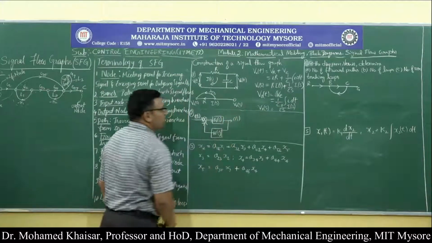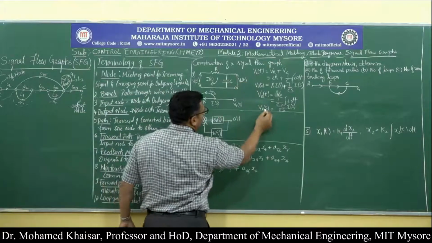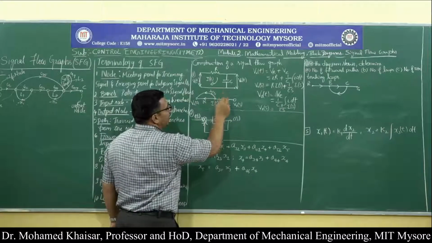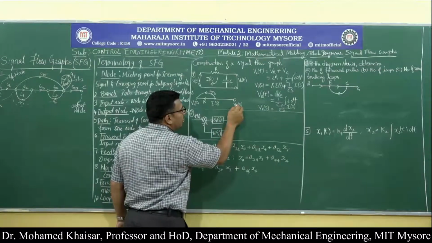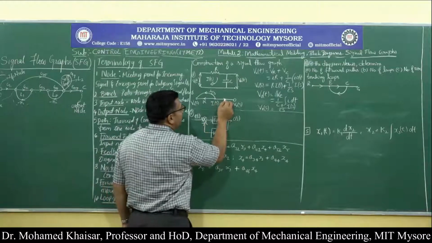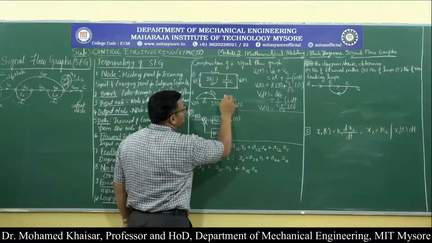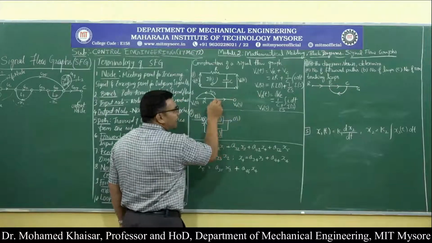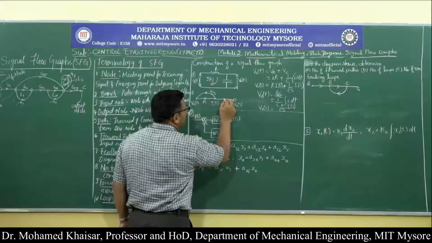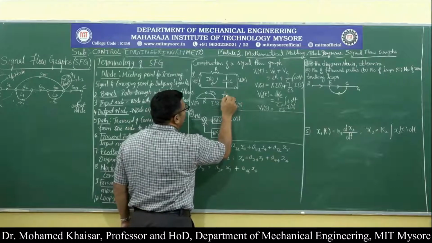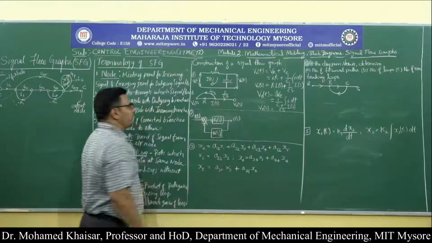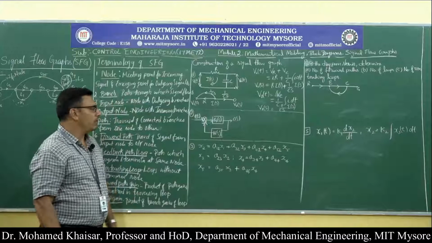Now, what is the voltage across the output? The voltage across the output is equal to 1 by Cs into I of S. So I of S is there, and I have to multiply I of S with 1 by Cs, and it contributes towards V naught of S, therefore I have to keep the arrow in this direction. Only when I write the arrow in this direction will V naught of S be equal to the branch gain multiplied by I of S. That is why I have written the arrow in the direction of V naught, and then I will write 1 by Cs. Now, what is V naught of S? It is equal to 1 by Cs into I of S. This is how you will be writing the signal flow graph.